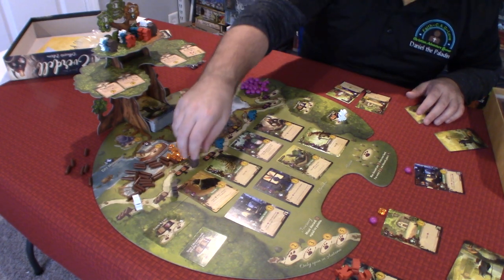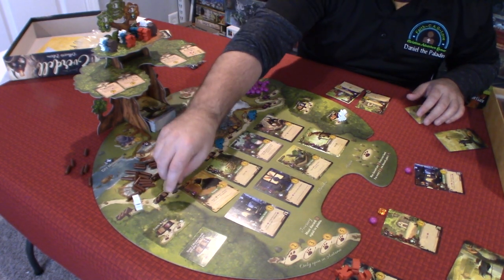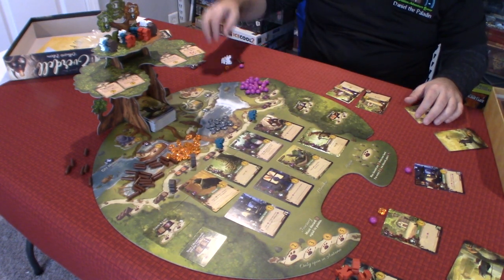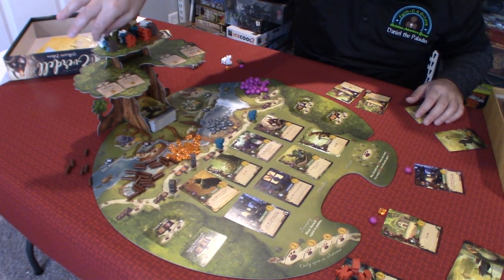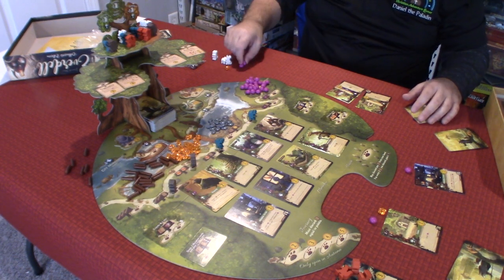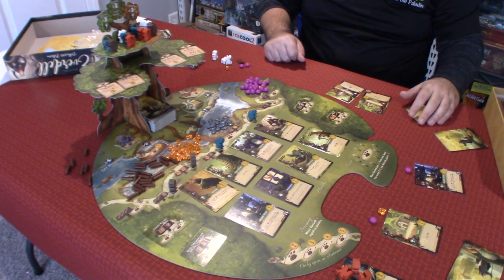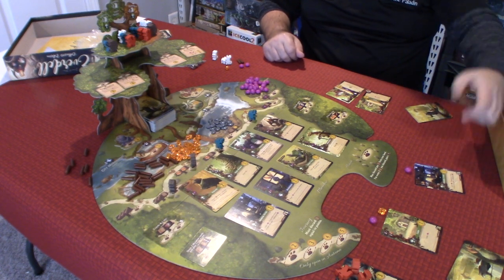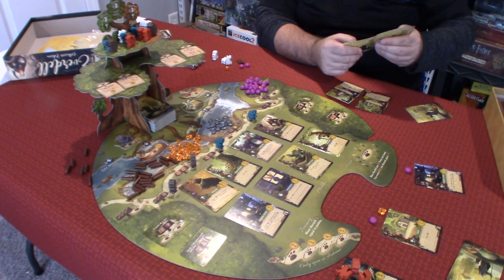So that means I'm going to take my mouse from here, and then I'm going to gain another berry from my farm because it triggers in the spring. Okay? And so then the next person here, which is the turtle, they are going to look at their hand,